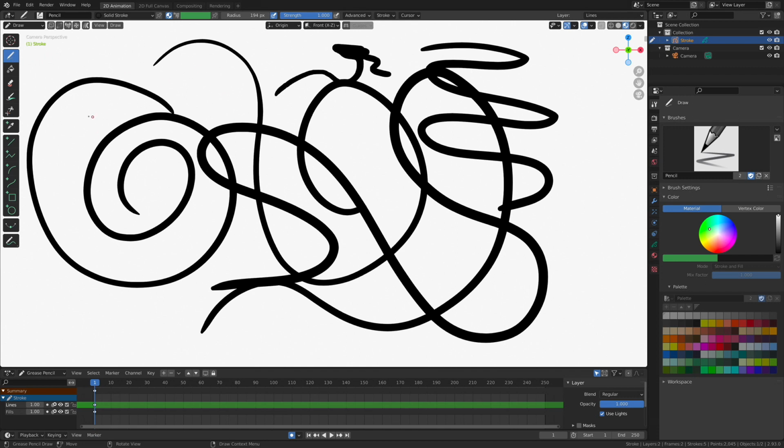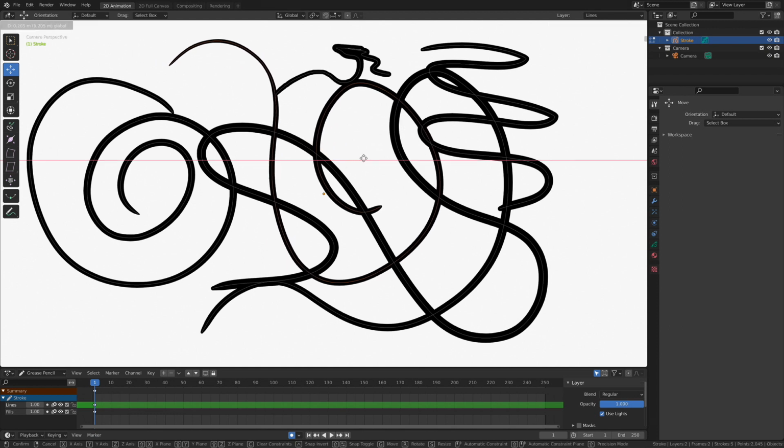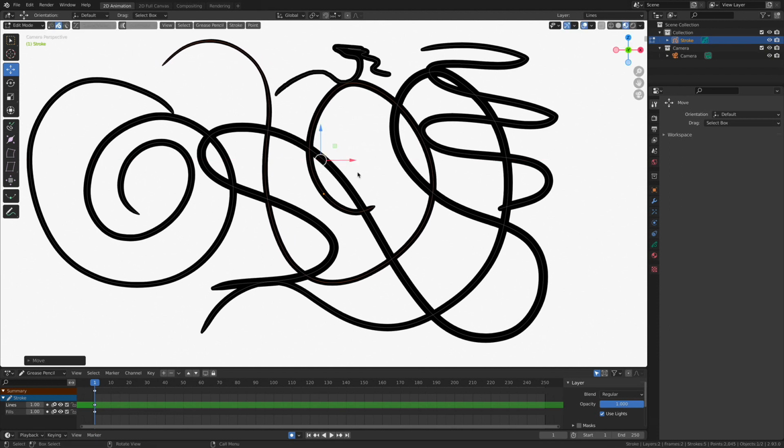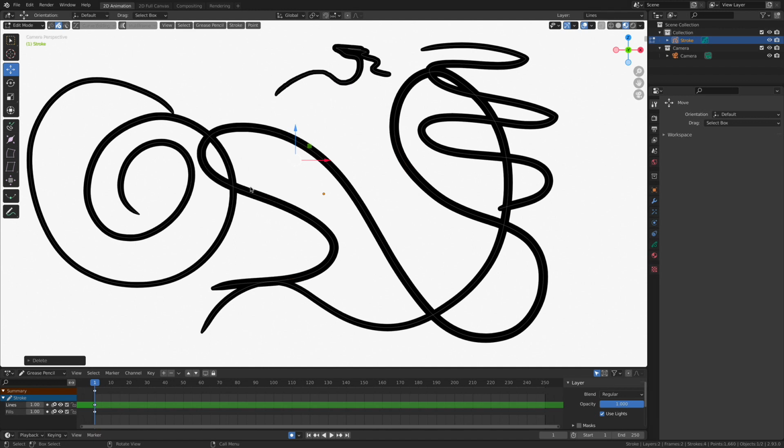Now I need to get rid of a lot of this stuff here. Here's a great, quick, easy way of doing it. I'm going to go into edit mode, and I'm going to grab this option right here, which is going to allow me to select entire curves, which is pretty cool. Now perhaps I want to get rid of them. Well, here's the power user trick of the day. With anything selected, the X key, X as in xylophone or X-ray, is the keyboard shortcut for deleting just about anything inside of Blender. So we're going to delete all the strokes, and voila, it goes away.